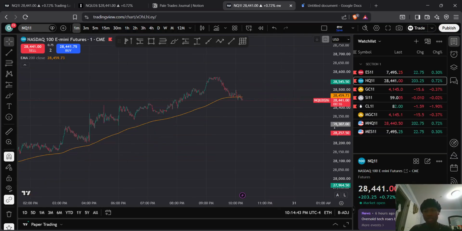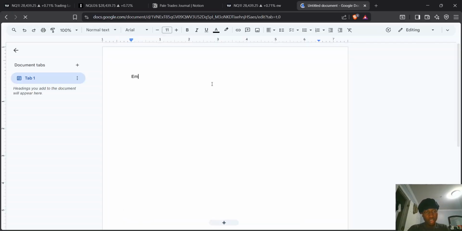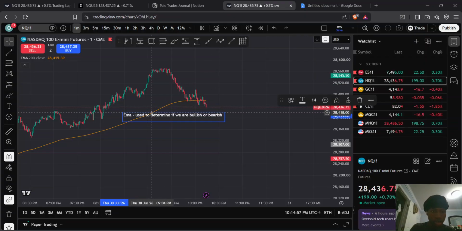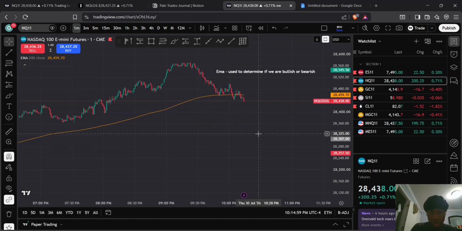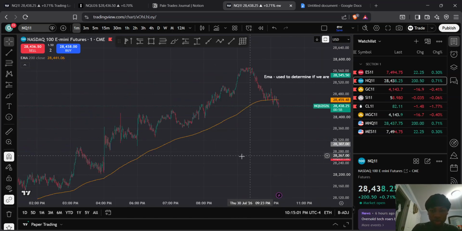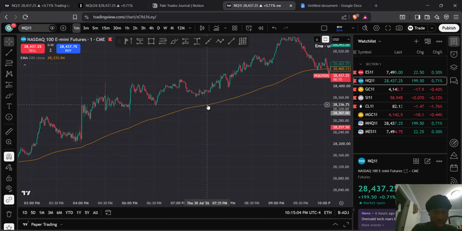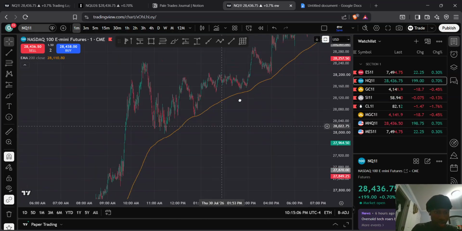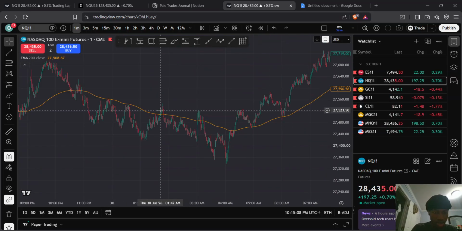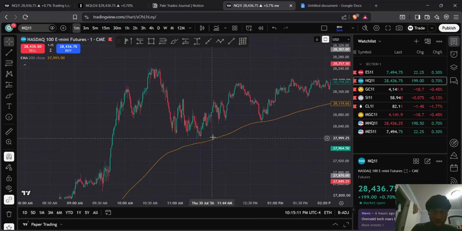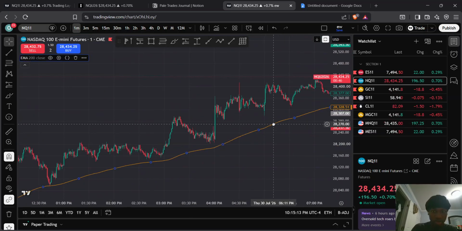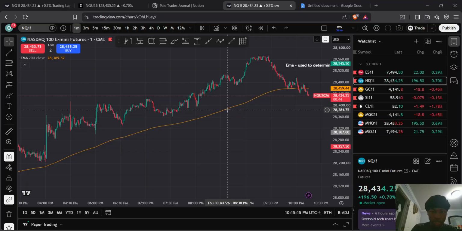All right. So the EMA is used to determine if we are bullish or bearish, right? Like this right here, we've been bullish for a long time, but once we're above this line right here, that means I should